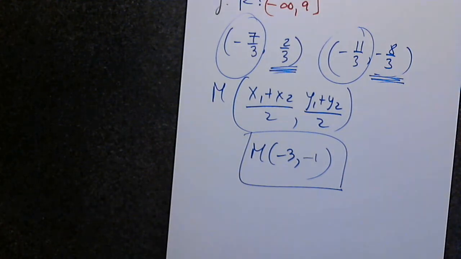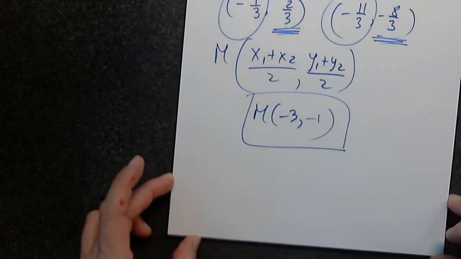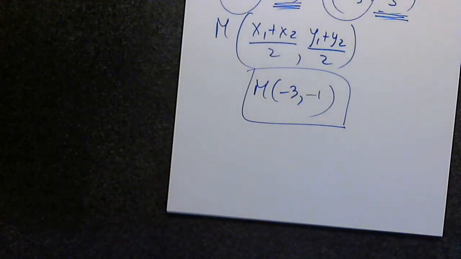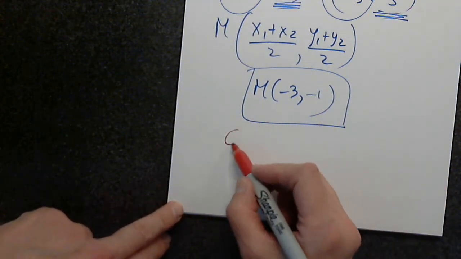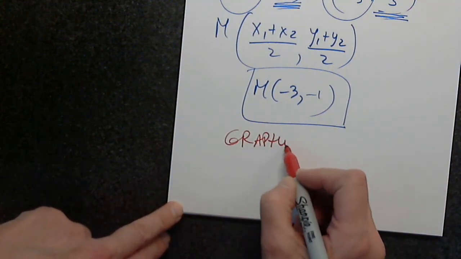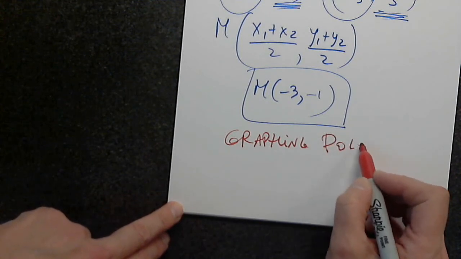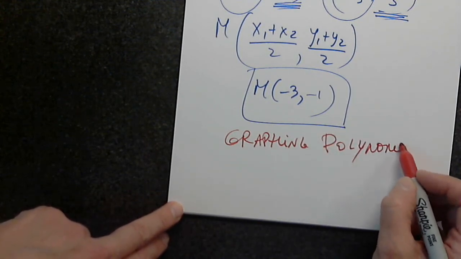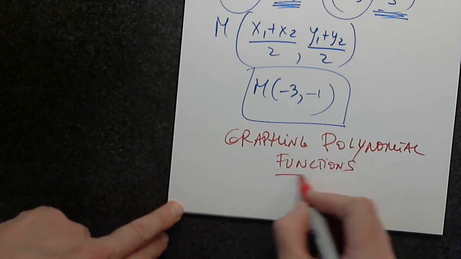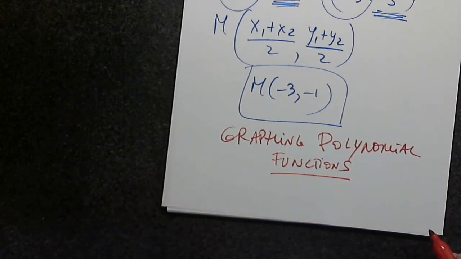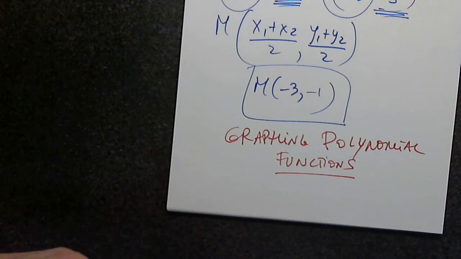Okay, we're going back to 3.2 because we haven't done anything. We talked about two different things, but we haven't done anything. So the next topic is graphing polynomial functions. I'm sorry, Nick, did you have something else? Anyone else? Did you have other questions? Anyone? Okay. Before I continue,